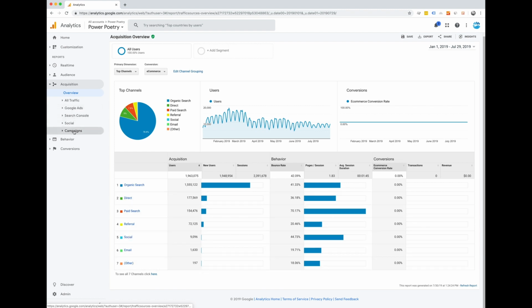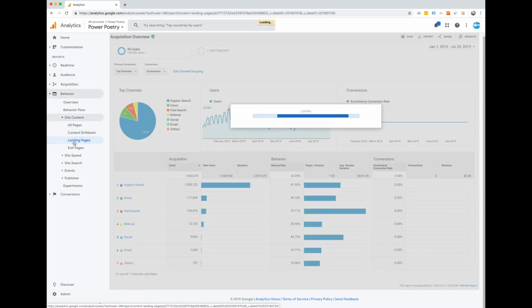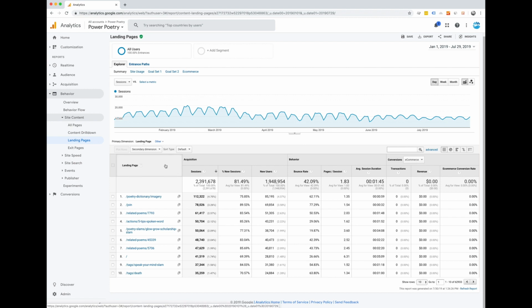Another thing you might want to look at is behavior. Here you'll be able to see site content and specifically landing pages. So landing pages are really important to look at because it's the first page that someone goes to on your website. Now, a lot of people think that that's going to be your homepage, but as you can see here